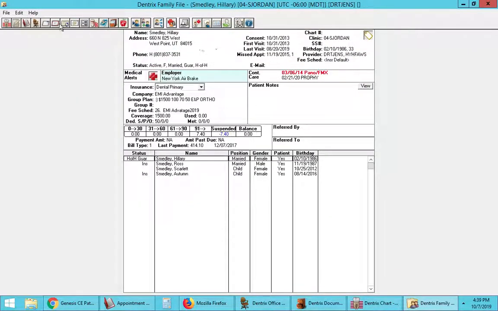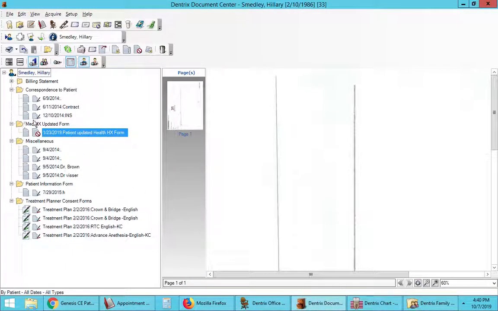Now we do require, as Genesis policy, that every 2 years we have our medical history form for the patient updated in the patient's file. We would have you hand that to them, fill it out, and then it is scanned into their document center under the med history update form. And that should be done every 2 years. If you're curious if your patient needs it or not, you can reference that here. If the form we have on file is current and not older than 2 years,